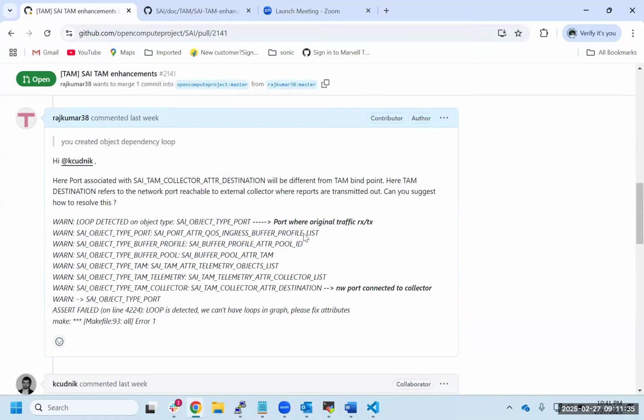So I think it would be a similar scenario here. Even if there is a loop, but the port is not changed, it was not split between the reboots, then I think that should be fine. But if it was split and there is a loop, then I don't know.